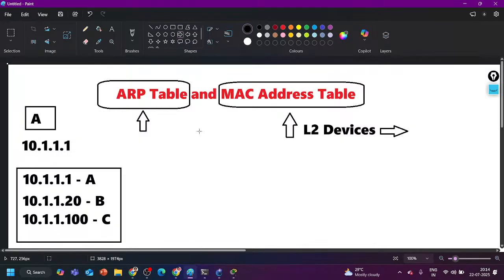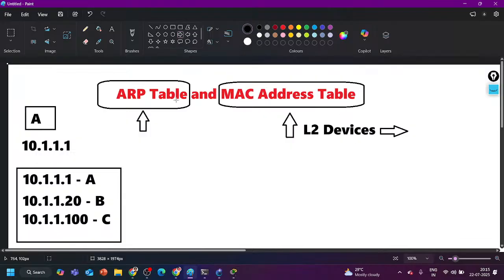When I am saying a router works at layer 3, it means the router forwards traffic based on the IP address. When I am saying a firewall works at layer 4, it means that the firewall forwards traffic based on the layer 4 address, meaning the port number. Getting my point? Can you explain again? The L2 device will maintain the MAC address